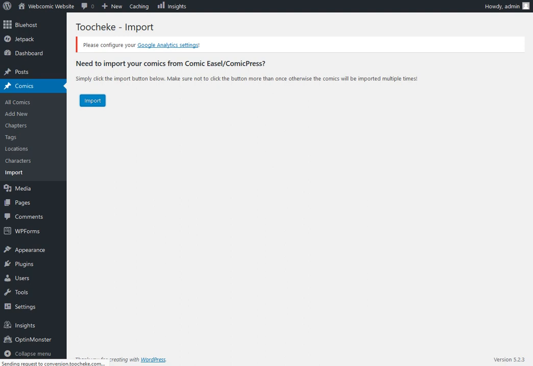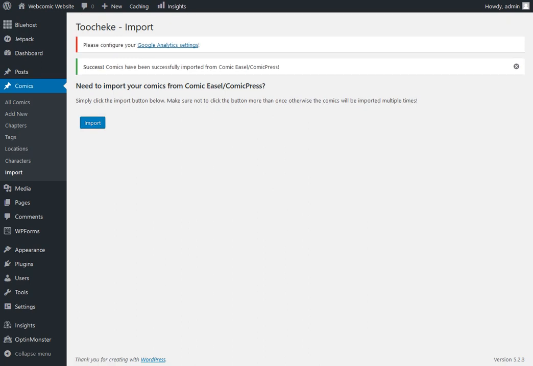It will take a bit of time here as it imports all the comics. Okay, and eventually you should receive a success message. The comics have been successfully imported from